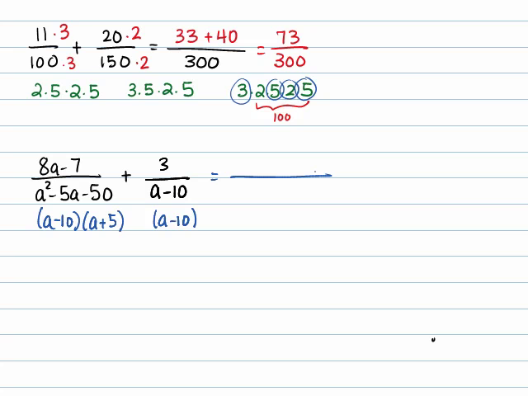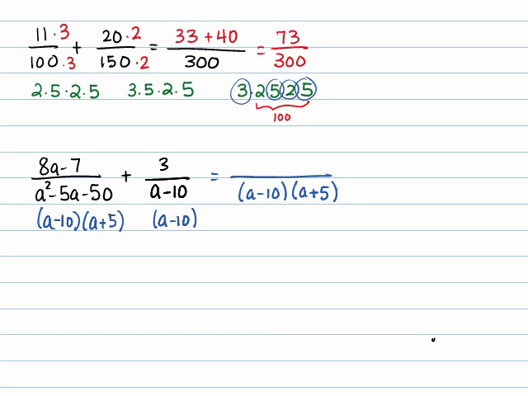The question is, what factors are in your least common denominator? The answer is, every factor needs to be in the least common denominator. So what's that going to be? I need a minus 10 because it's a factor of both of my denominators. I also need a plus 5 because it's a factor of one of my denominators. If it isn't 1, it has to go in the least common denominator. Your next job is to change those denominators into the least common denominator. The denominator on the left, though,